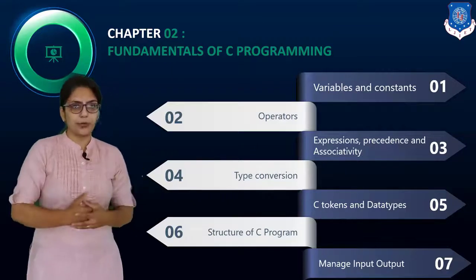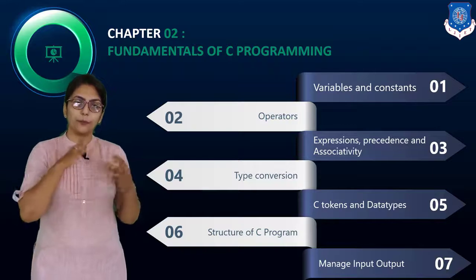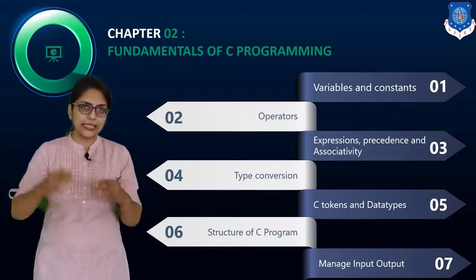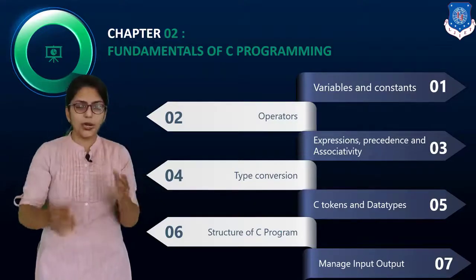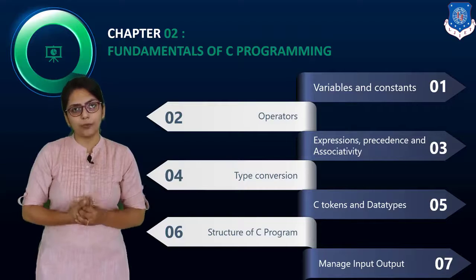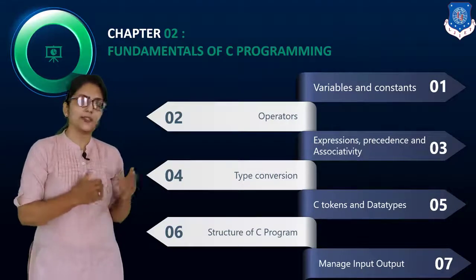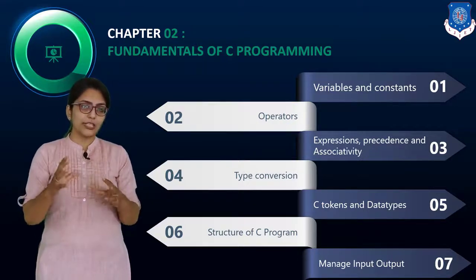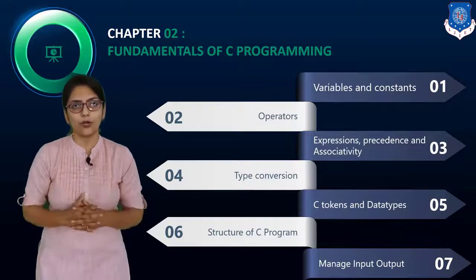Now, in this chapter, we are going to take some insight about the C program structure. We are going to see how a C program is going to work when we are writing a code and then executing it for the output. These all things we are going to study in this chapter. We are going to study the important subject data types. As I have already mentioned, data types is one of the most important topics.